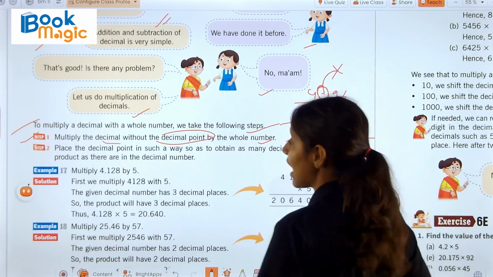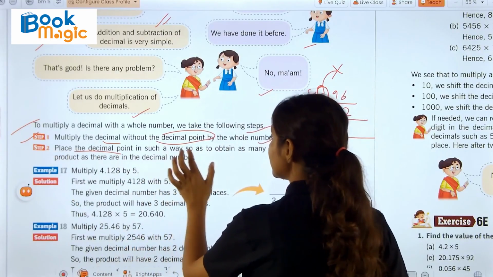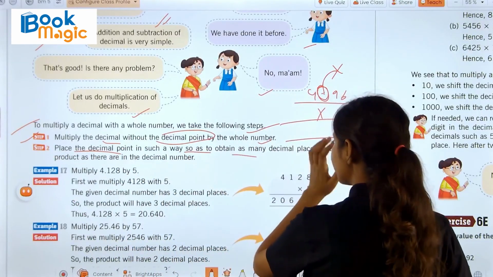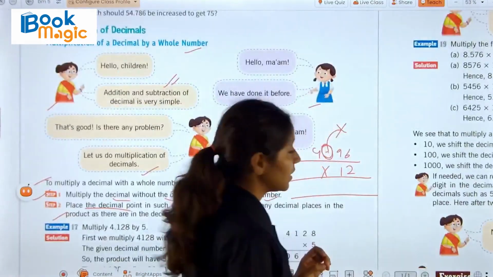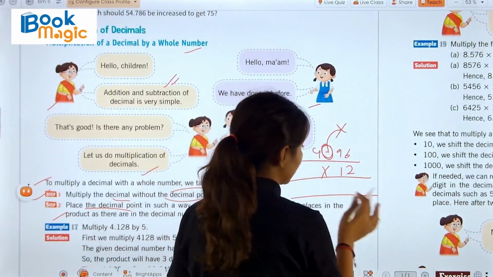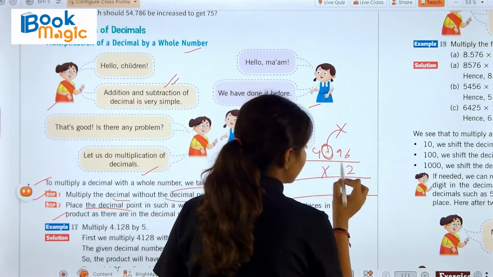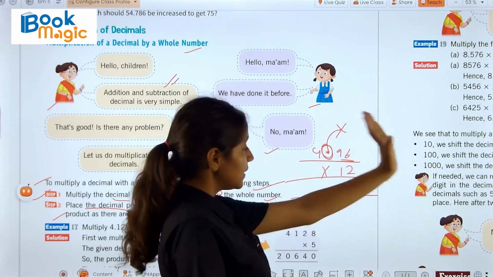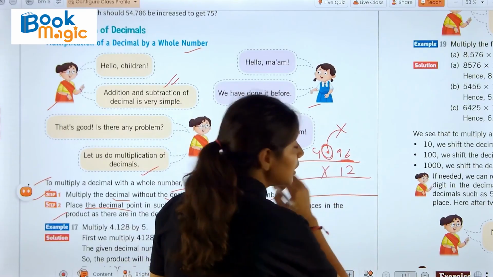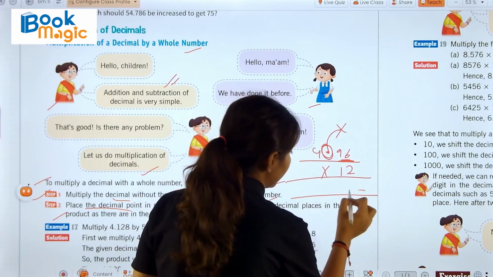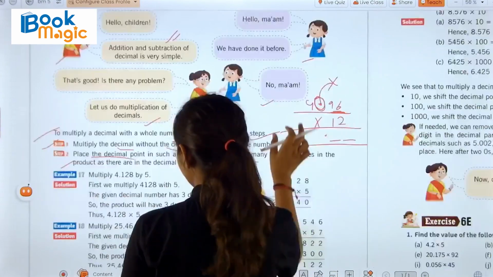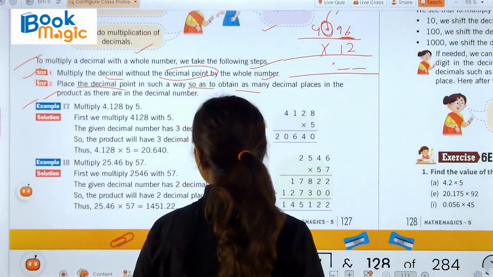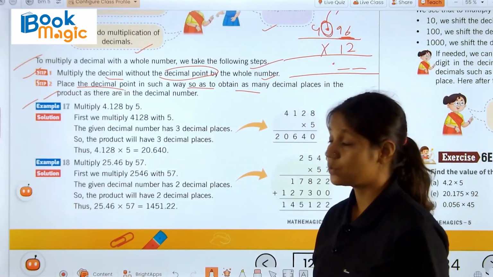and then you will get the answer by multiplying. After that, place the decimal point in such a way so as to obtain as many decimal places in the product as there are in the decimal number. Then जो भी product आएगा, whatever the product is, you have to just see कि जो डेसिमल प्लेस है राइट से कितने प्लेसेस की बात है, 2 प्लेसेस। सो प्रोडक्ट में भी 2 प्लेसेस को छोड़ के आप डेसिमल पॉइंट इंसर्ट कर दोगे। ओके,